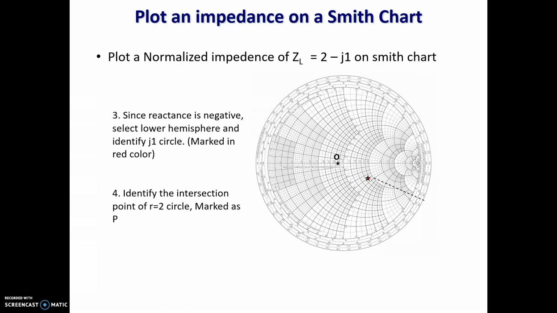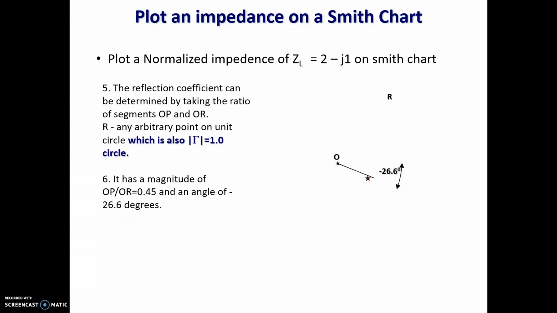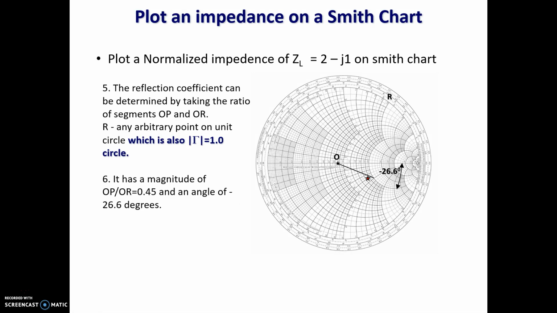The third thing is that we need to determine where this R equal to 2 circle intersects with the j1 circle, and this intersection is marked as P. From this we need to determine the angle. So we can find the angle by taking the